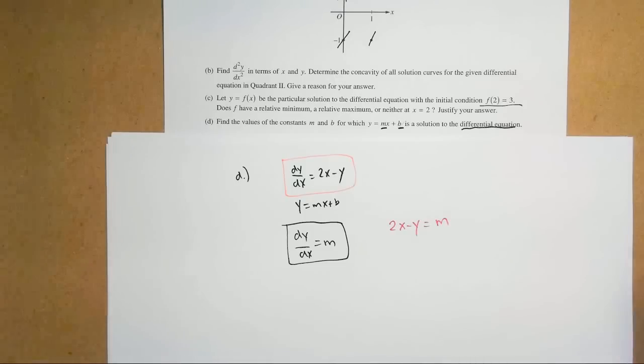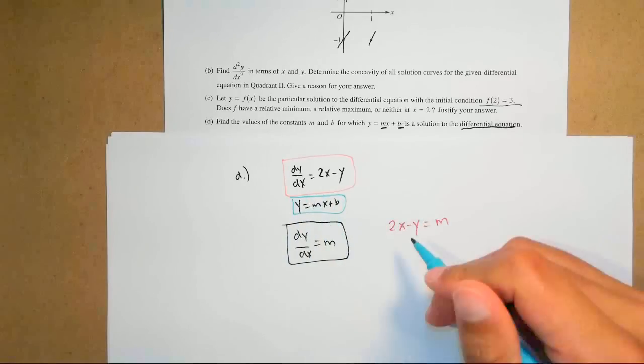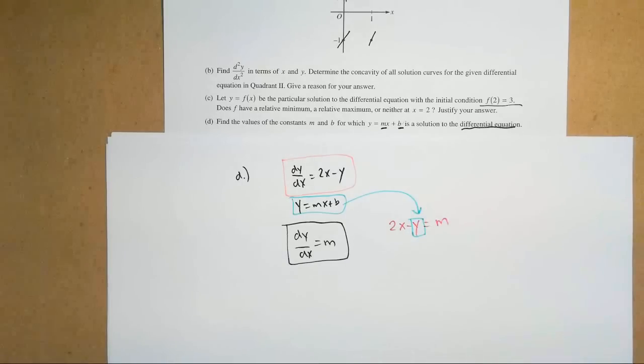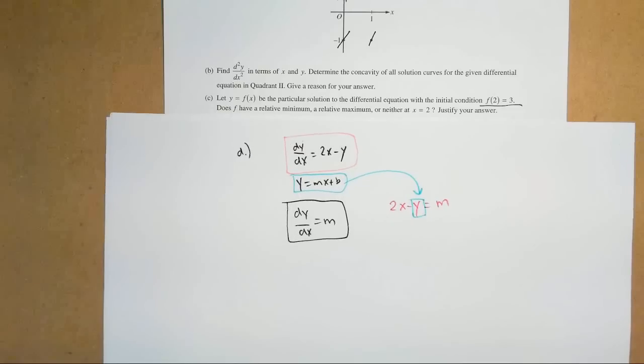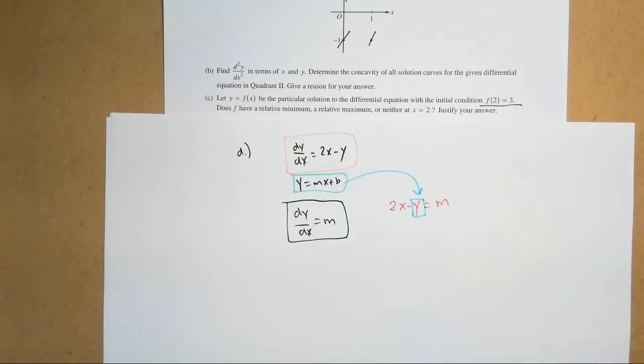You actually have that y is equal to mx plus b. So wherever I see a y, I can plug this mx plus b into that y. Is it tough? Yes, absolutely 100%, okay? So it's one of those where you have to kind of be organized. I found the derivative of y equals mx plus b so I could set those two derivatives equal to each other, because since it's asking for a solution of a differential equation,